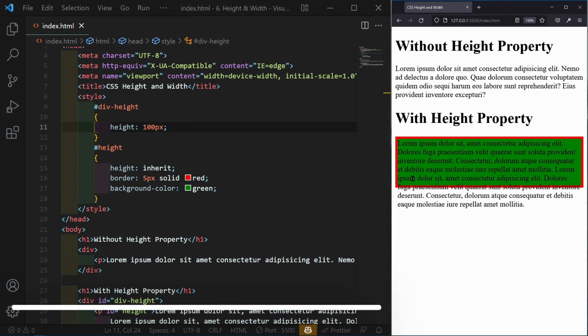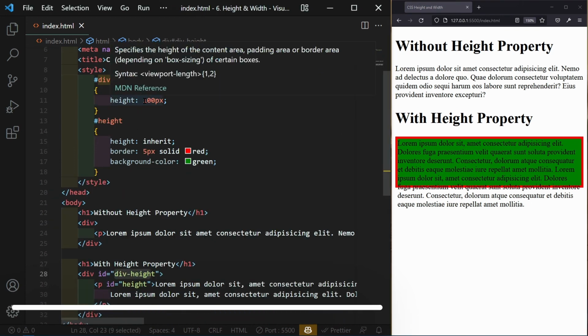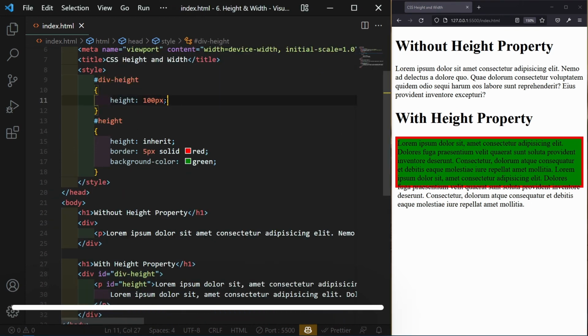As you can see here, when I set the parent element height value to 100 pixel, it is automatically reflected in the paragraph, because I set the paragraph height value to inherit. That's why the paragraph takes the value from its parent element, the div tag. So this is the feature of inherit.